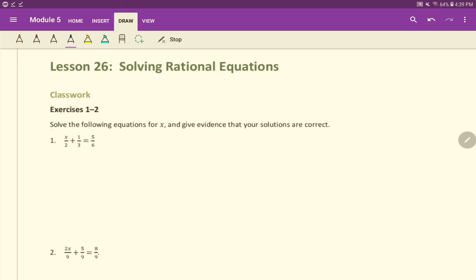So for example, right here, we're asked to solve the following equations for x and give evidence that your solutions are correct. In other words, we just want to check our answers and stuff like that. So we are going to be, well,